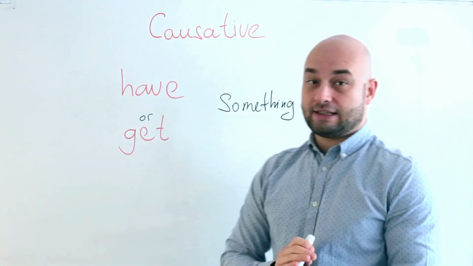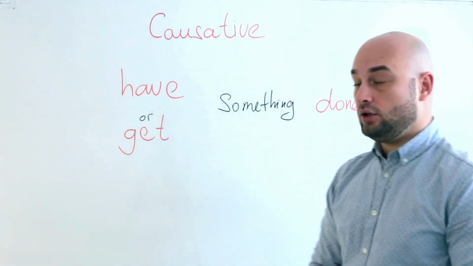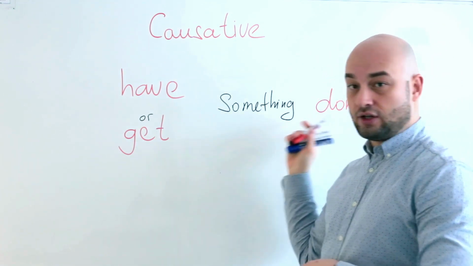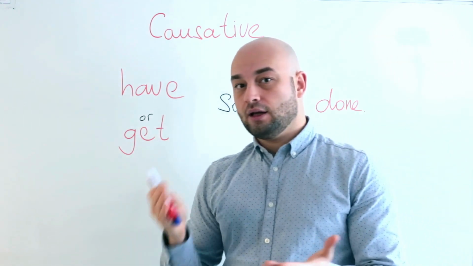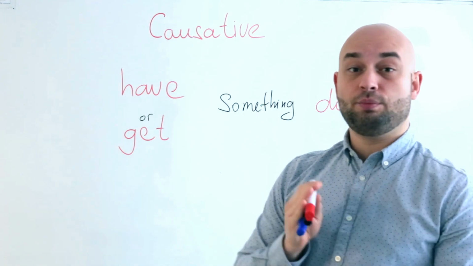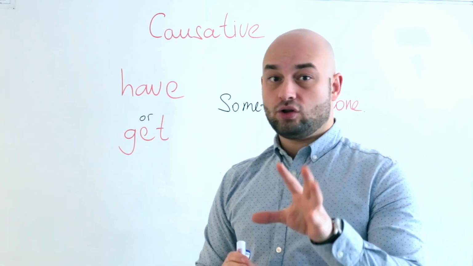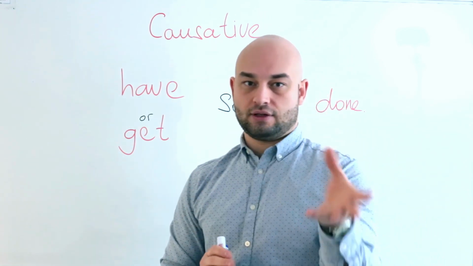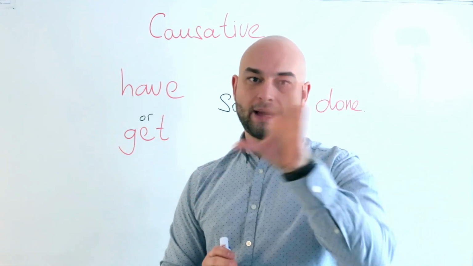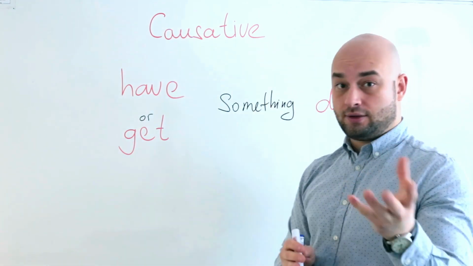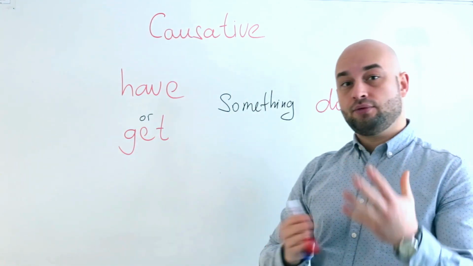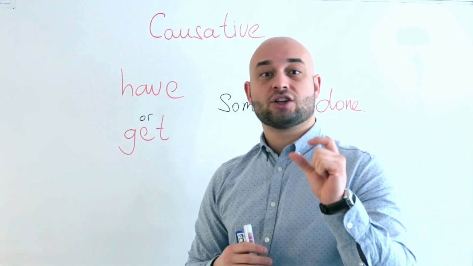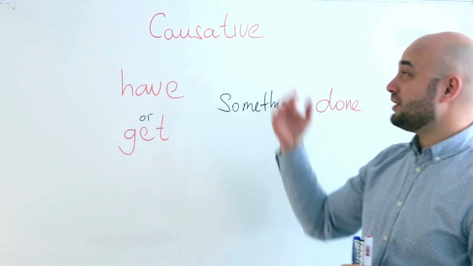The causative is a structure in which you will find this combination: to have something done or to get something done. But what does it mean? The causative is really similar to passive voice. You should already be able to make your passive sentences, to transform your actives into passives, and your passives into actives. When you know how to do that, the causative is pretty easy because the structure is similar, but the meaning is slightly different. Okay, so what does the causative mean?